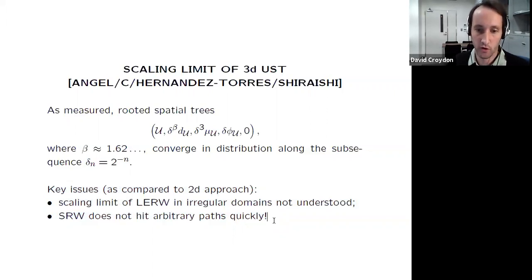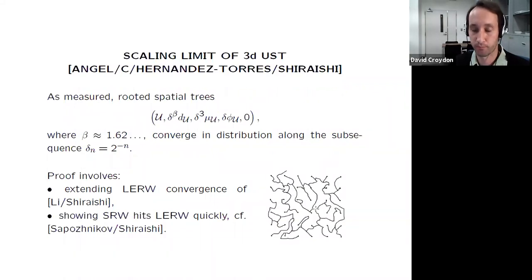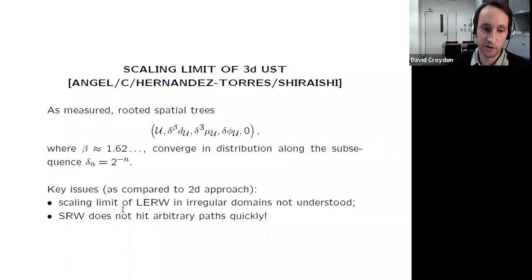That essentially corresponds to the 2 points that I mentioned in the 2D case. In each of these cases, there's an extra difficulty in the 3D case. When I do this first step, when I look at the finite part of the picture, although Schramm, Lawler, and Lee showed that loop-erased random walk converges, they proved this in a regular domain. Unfortunately, because we don't understand the scaling limit well, it is not an immediate consequence of their result that the same is true in irregular domains.